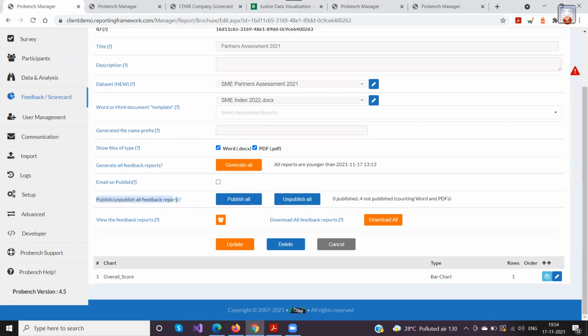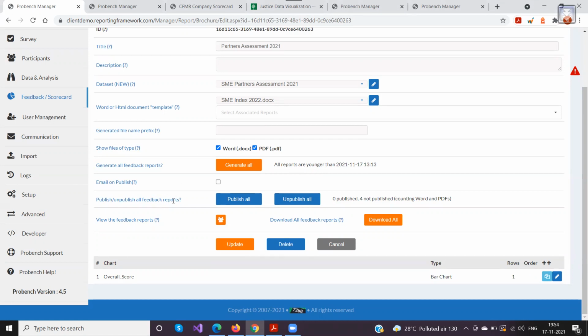Then there are other fields here, which is called publish all. So this is publish and unpublish. So by default, whenever you generate all or generate individual feedback reports, the companies won't see those feedback reports immediately because those are in unpublished mode, or they are not visible to the companies. Okay, so that's to keep a check, like once the administrators check that everything is okay, only then they should be published. So that's the reason it has been done that way.